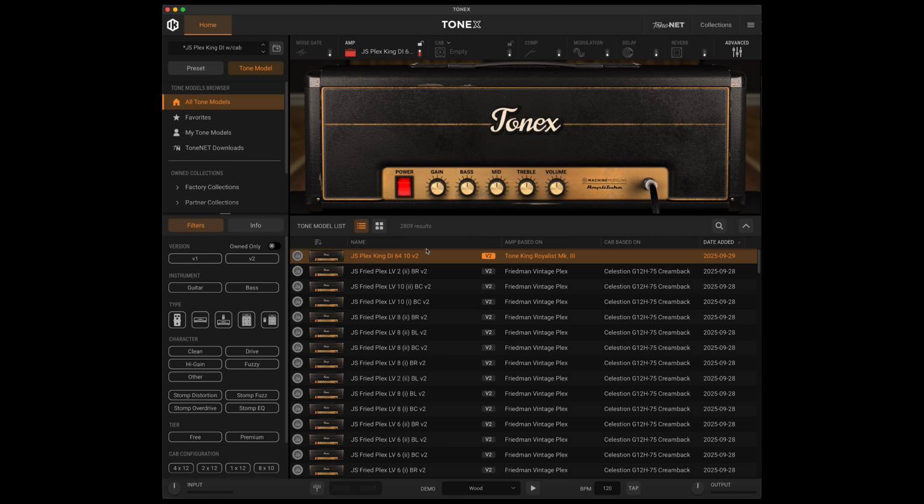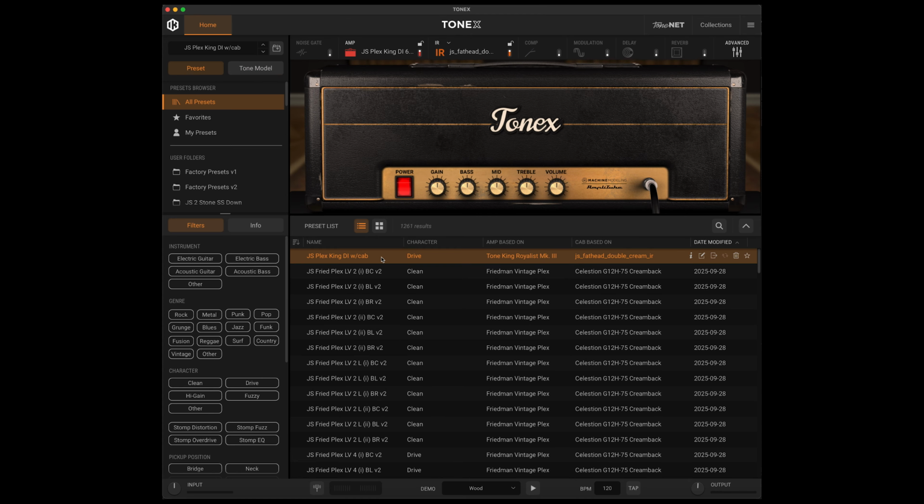I can still go back here to the raw tone model when I'm on the tone model tab, and it's going to show me all my raw tone models as they were captured, right? So I have it here, it's empty still. But if I come to my preset that I've saved it with cab, I will always come back and have that cab with it. I could also come in here and say, I'd also like to add some reverb to